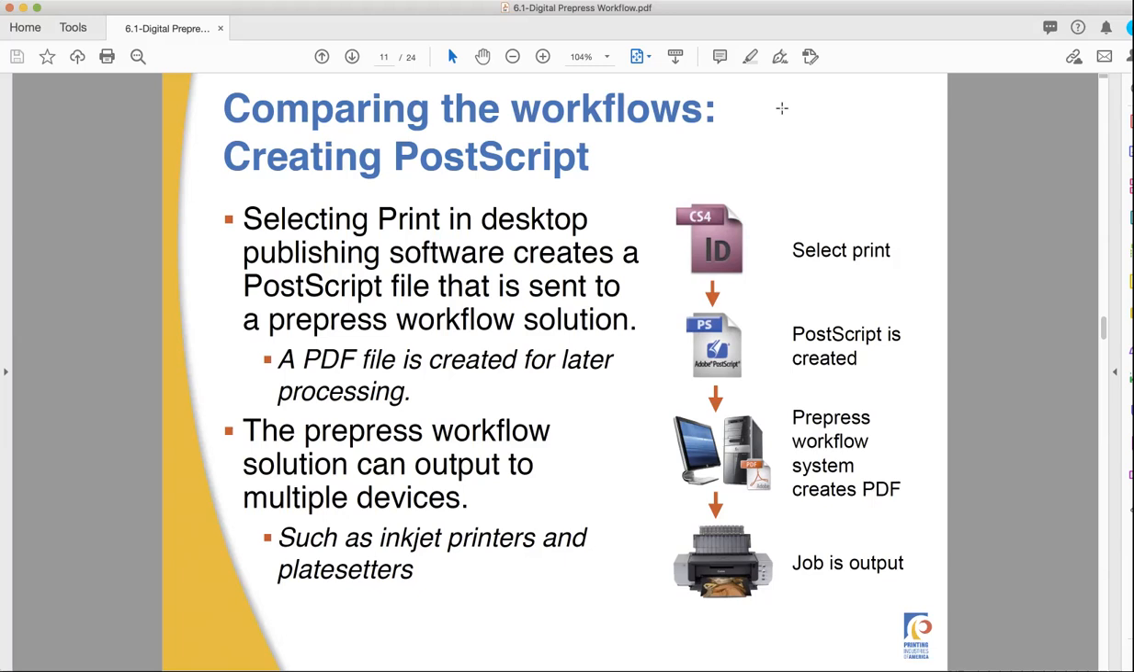And then the rest of the Prepress workflow system is able to create the PDF and output it to the other devices like inkjet printers and plate setters. Inkjet printers, why inkjet? Well, oftentimes those are used for proofing to get a preliminary guess of what it's going